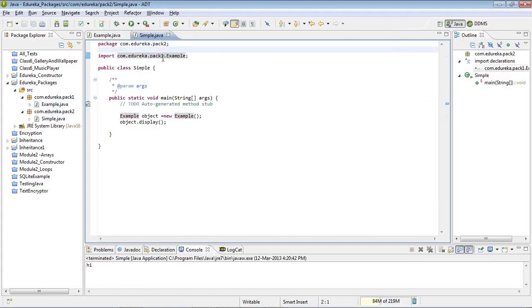If you have any other class in here, you can just use the dot operator. After that, mention the name of the class. It will import that particular class as well. Okay,